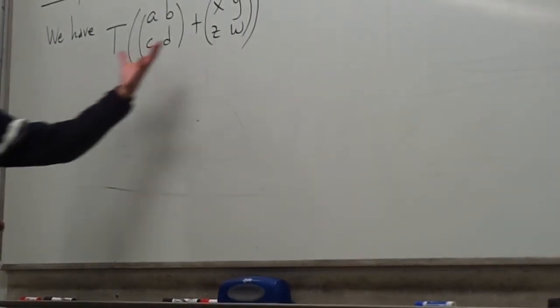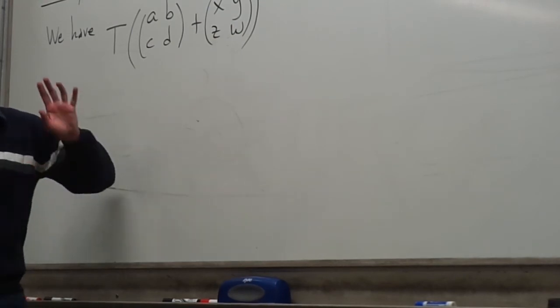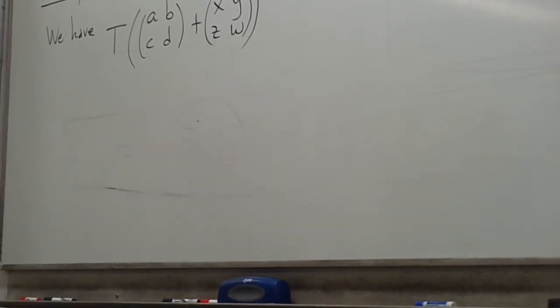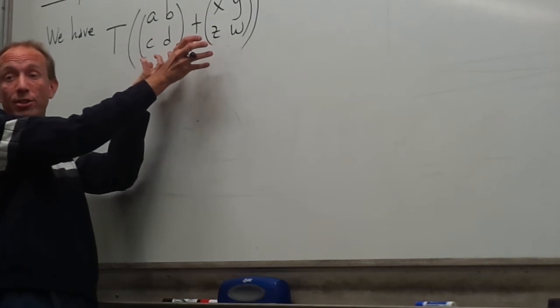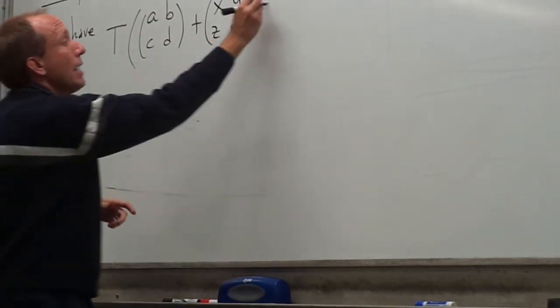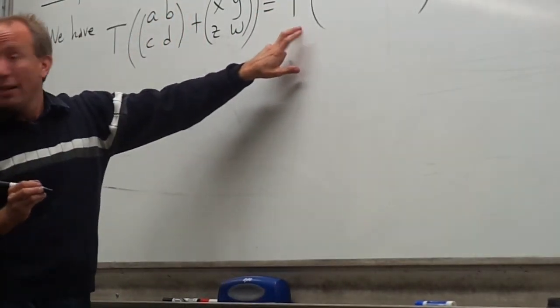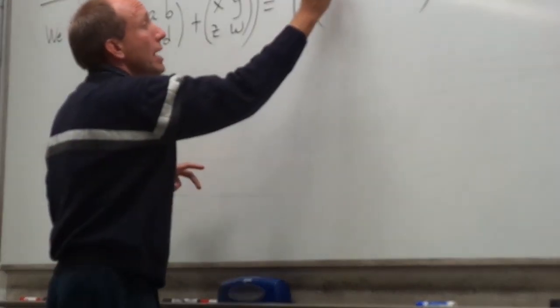Okay, now what am I going to do with this? Transform them together? Wait a second here. We have to be very, very careful. What's the first thing we do? The answer is not transform them. Add them, right? Here we're doing addition first. The addition is first, and then we transform. So I'm leaving my transformation here. I'm not ready to do it yet. First, I want to add it all together. A plus X